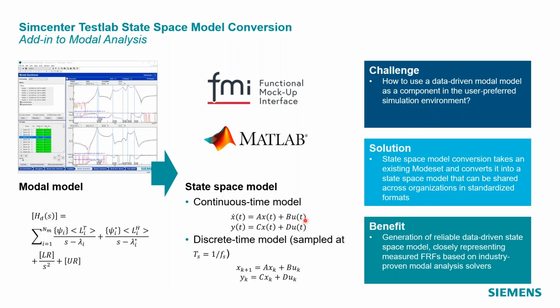So the U that you see here is the excitation of the model, the input, and the Y is the output, so the response of the model. There is also an internal variable, the X, and that's the state. We don't know exactly what it is, but it's needed to run the model. There exist two variants of the model, a continuous time model and a discrete time model. Here you see, for instance, the derivative of the state variable.